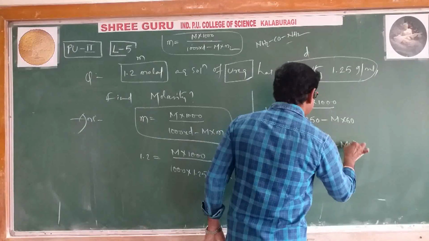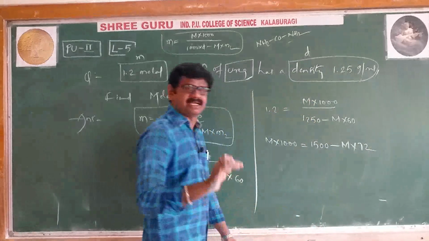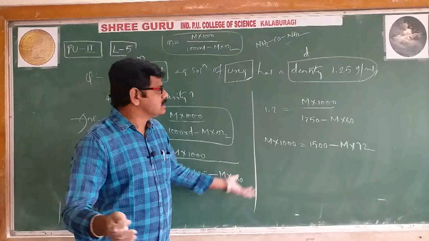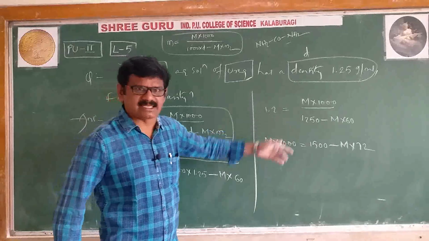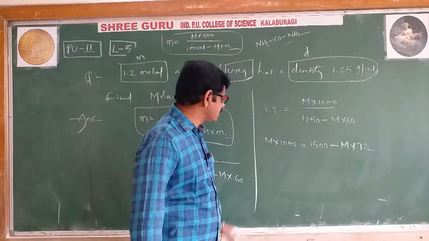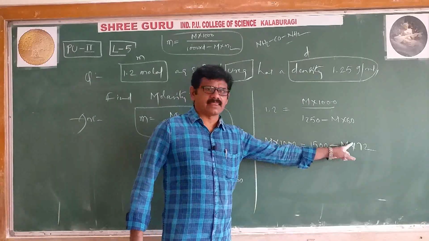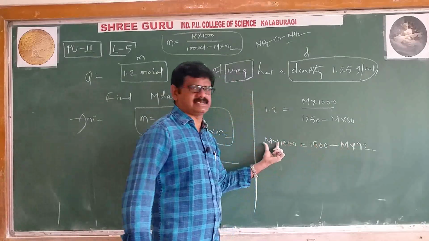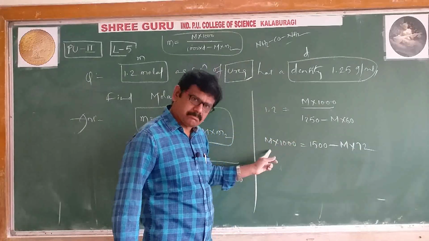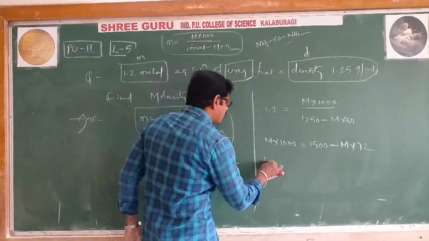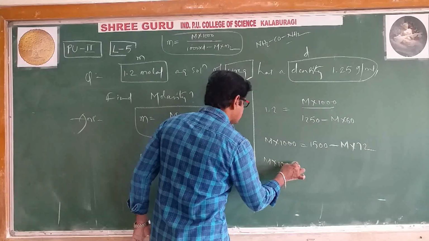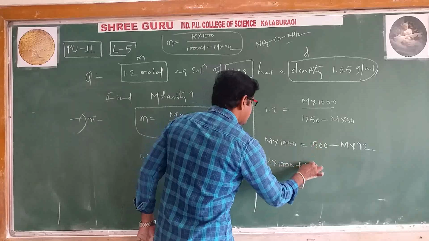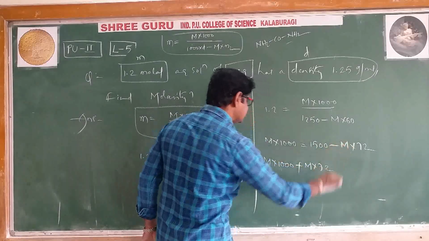Molarity into 72. It is just a mathematical operation. That's it, there is no chemistry here, just a mathematical calculation only. Left side molarity is there, right side also molarity is there. That's why whatever molarity term is there, we will bring to the LHS. Minus becomes plus. Therefore, molarity into 1000 plus molarity into 72